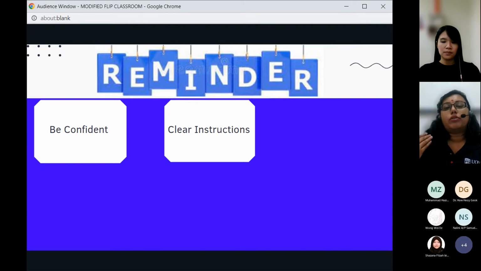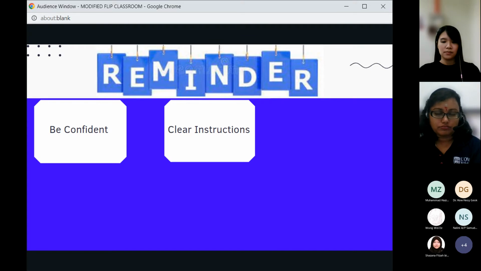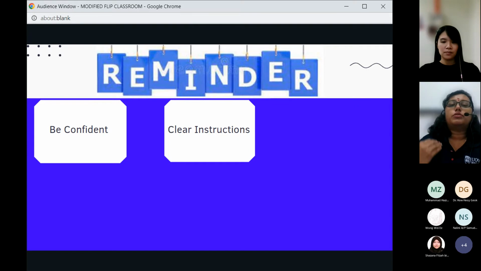So always try to come up with clear instructions. In fact, when you say share with us some ideas, some is not a measurable word. So some means what? Just 2 ideas? Try to be more specific, like give us 4 ideas, or 3 ideas, or give 3 laws that affect this particular topic. So make sure you come up with clear instructions.